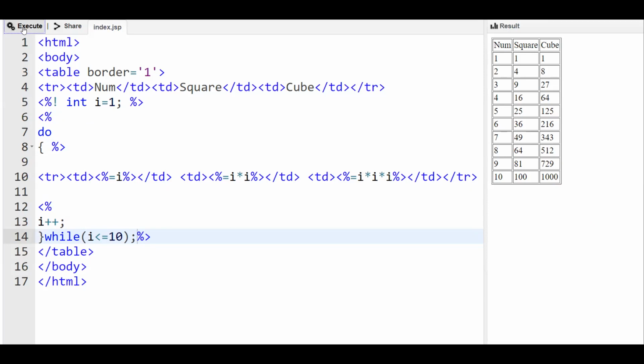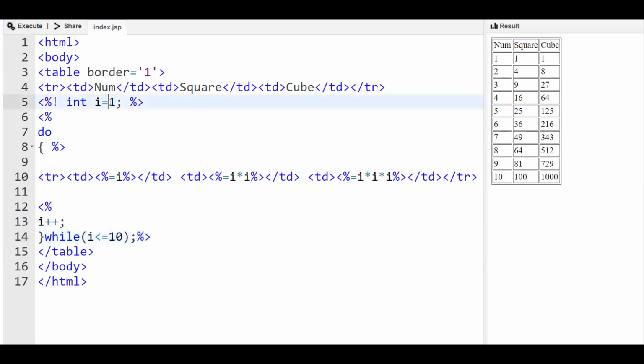And in while, the minimum number of times is actually 0. If the condition doesn't match, the control will not go inside. In do while, it will enter the loop first, and then it will check the condition for the next iteration. So you can see the output for do while also.